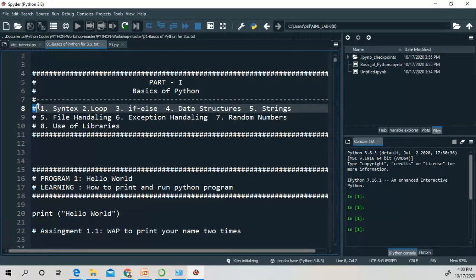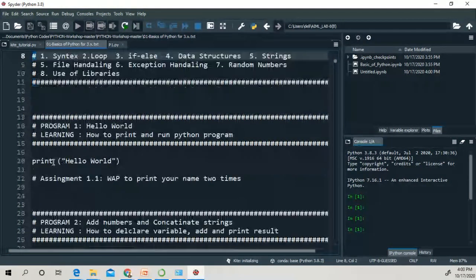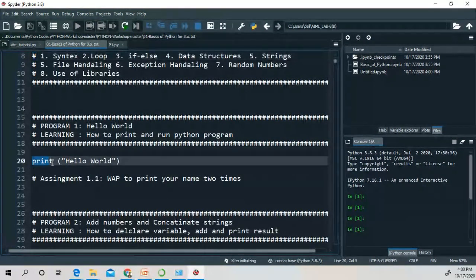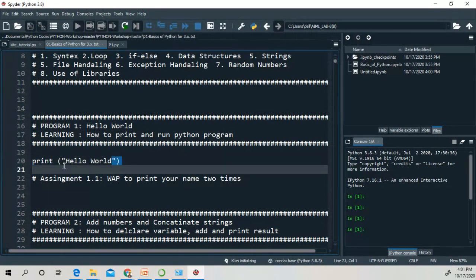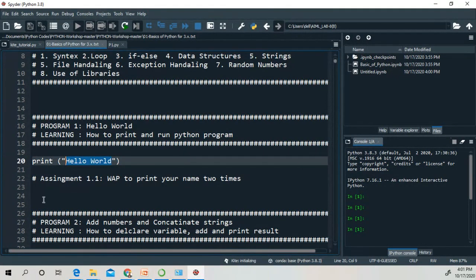If you want to print something, you have to use the print command, use brackets and double inverted commas, and place your string in between the inverted commas. If you want to print anything, you have to use the print statement, use the brackets and inverted commas, and place your string in between those inverted commas.